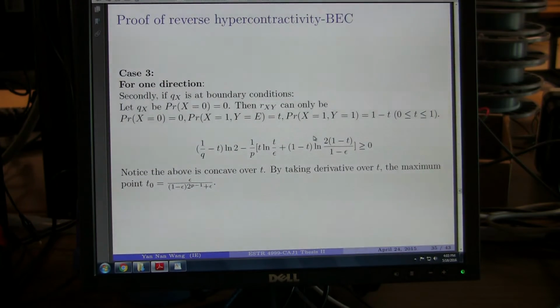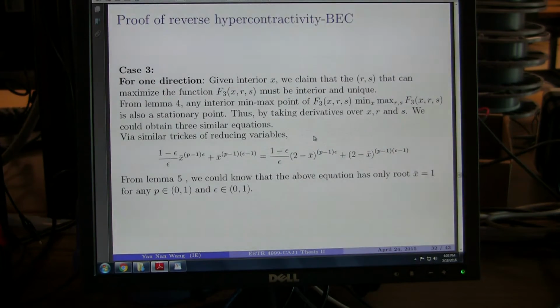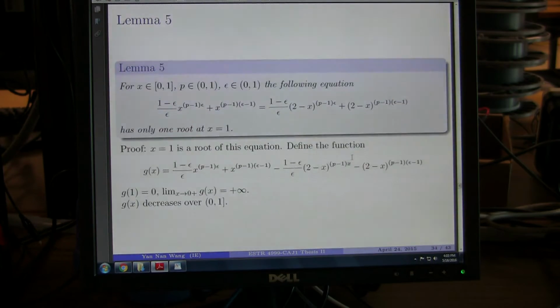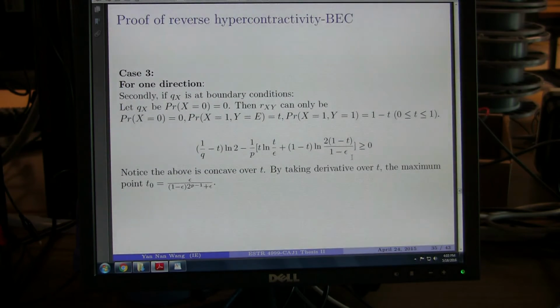For the case when Qx is interior, we have shown this equation has only one root, and this one root corresponds to the case when Rxy equals Pxy. In this case, f3 is equal to 0 exactly. So we have shown the minimax value of f3 is non-negative. Then, we consider the case when Qx is at the boundary. There are also many boundary conditions, and